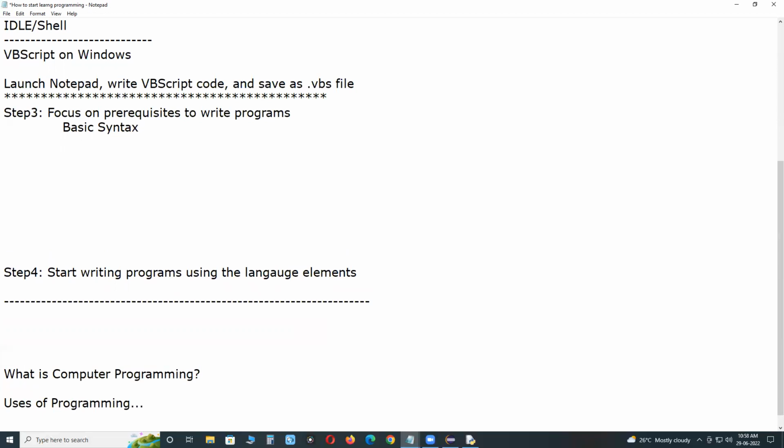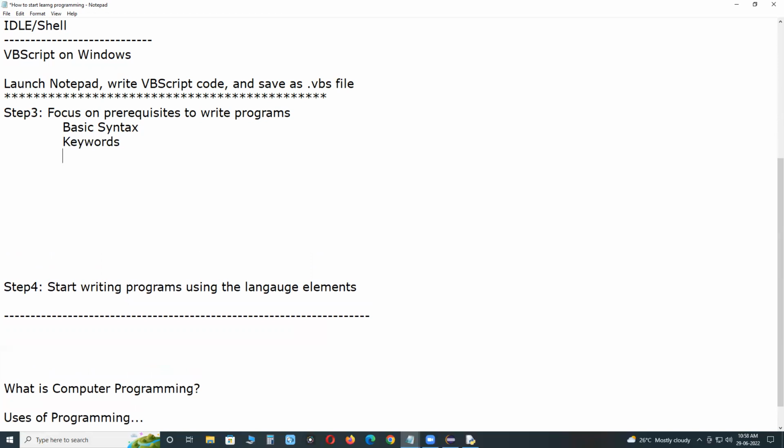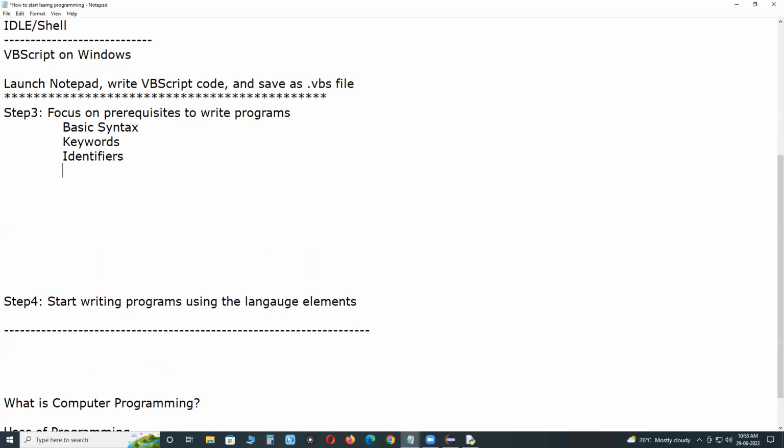What is basic syntax? I will explain. Next, programming language keywords. Next, identifiers. Next, code libraries, standard libraries, predefined standard libraries.